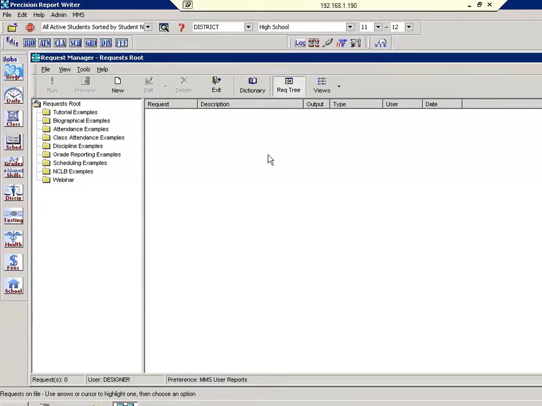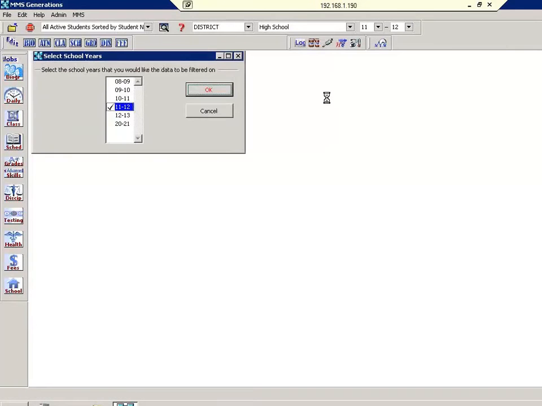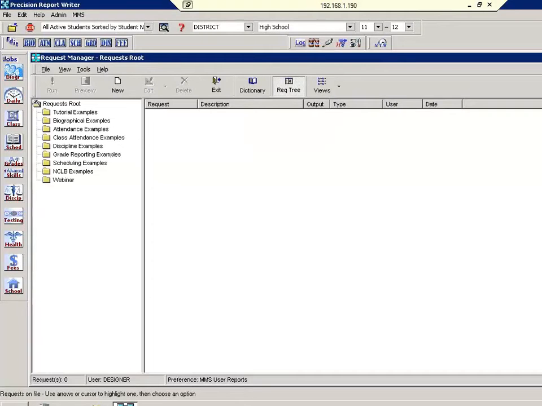A summary request lets you group records and also summarize the information that you're showing and also calculate based on that information. So in my Precision Report Writer, I'm going to come to the folder I created in our last webinar, appropriately titled webinar, so that these reports and requests that we're working with in the webinars are contained in the same place. We see the 2 requests that we created in the last webinar,